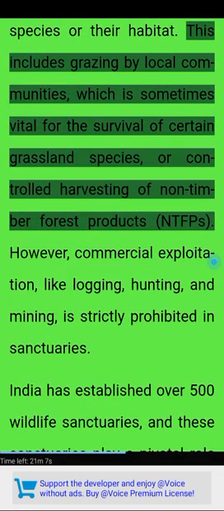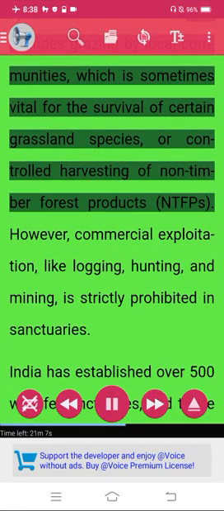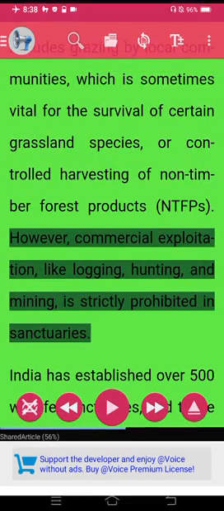This includes grazing by local communities, which is sometimes vital for the survival of certain grassland species, or controlled harvesting of non-timber forest products (NTFPs). However, commercial exploitation, like logging, hunting,